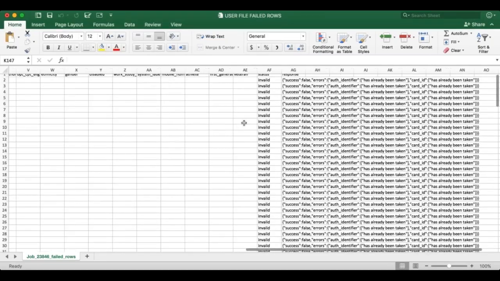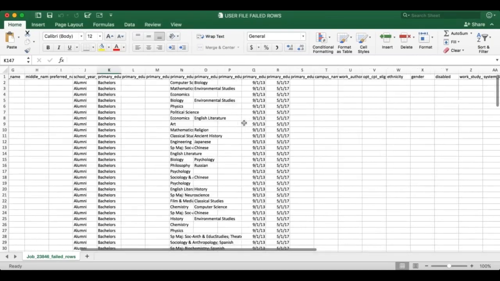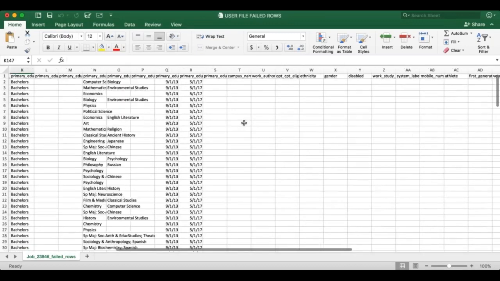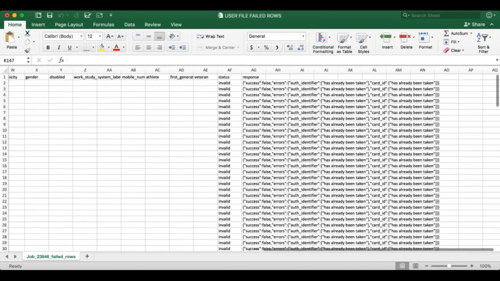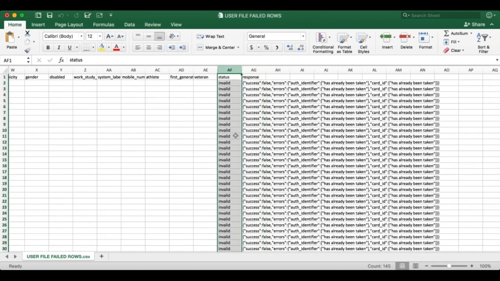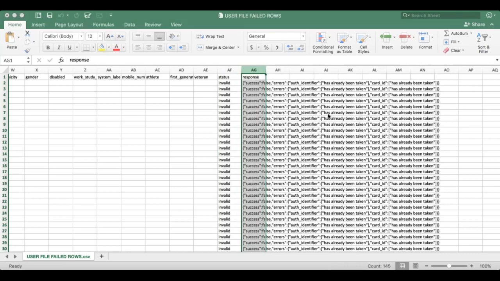So here is a user file. We uploaded all of these headers, all of this information, and you can see on my failed rows, I have these 2 additional headers and columns. We have the status. Status means invalid. This was not a successful row that loaded into Handshake. And then the response is going to be the error you're seeing. So something like